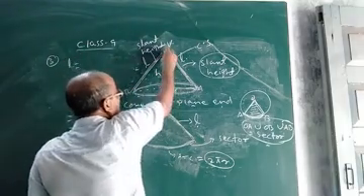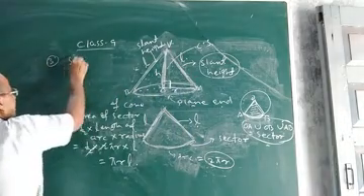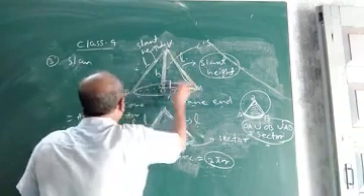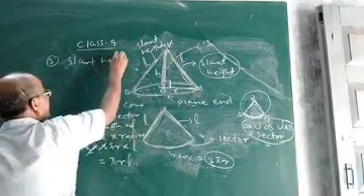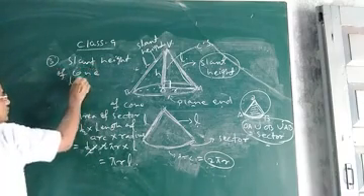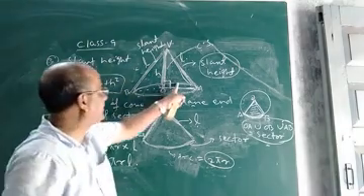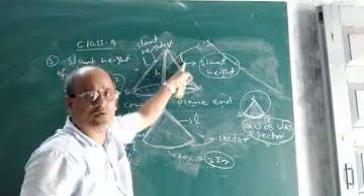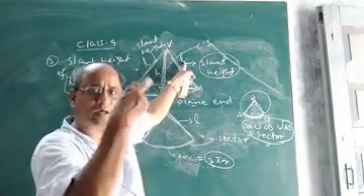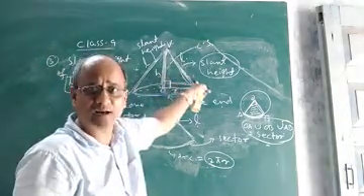Now if it is a right circular cone, this is a right triangle. So you can easily find the slant height L by using the Pythagoras theorem. This is perpendicular, this is base and this is height. So slant height of cone L will be equal to the square root of r square plus h square using Pythagoras theorem. As it is a right triangle, h square plus r square equals L square, because in a right triangle the square of the hypotenuse is equal to the square of the perpendicular plus the square of the base, which is Pythagoras theorem. So using that you can find the slant height.